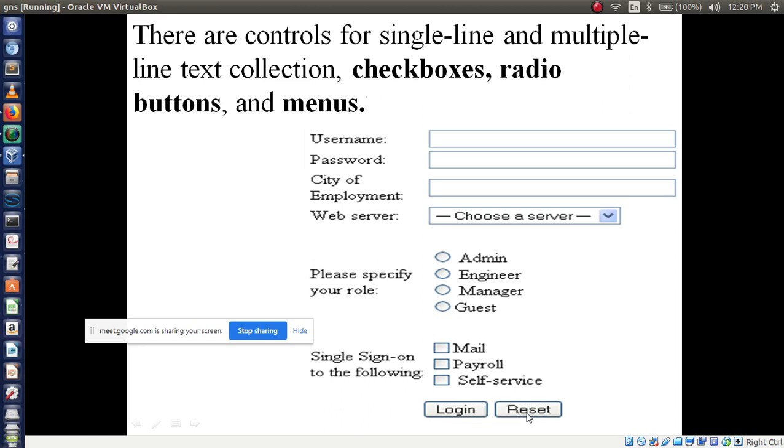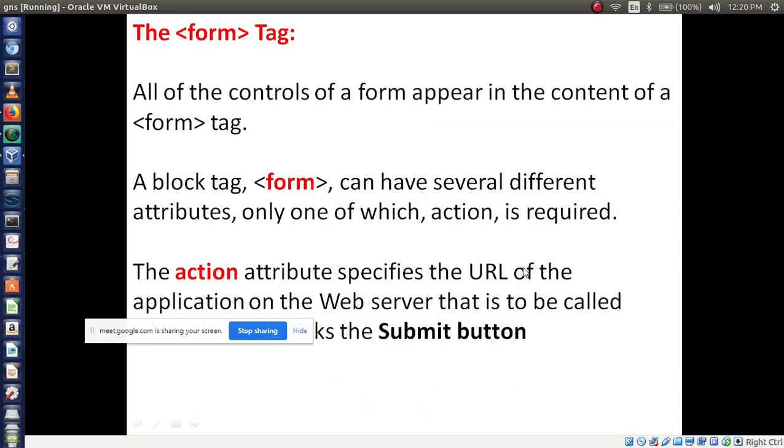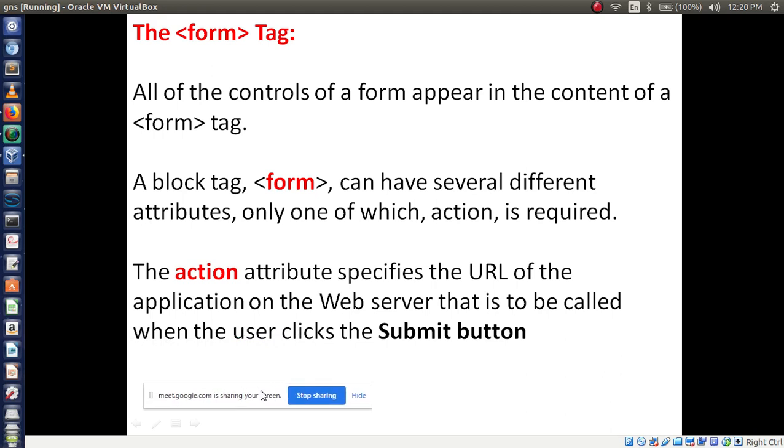Remember, action buttons. Sometimes they may going to ask, explain action buttons. If they ask a question like this, you have to answer submit button and reset button. These all are action buttons. Okay, definitely one question is fixed from this tag. They may going to ask to design a web form like this, or they may going to explain text box, password, select tag, radio button, checkbox, like that they will going to ask. Okay, now form tag, we will study the form tag.